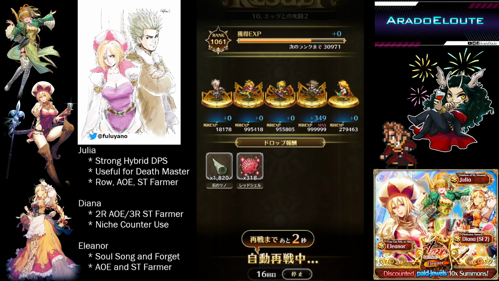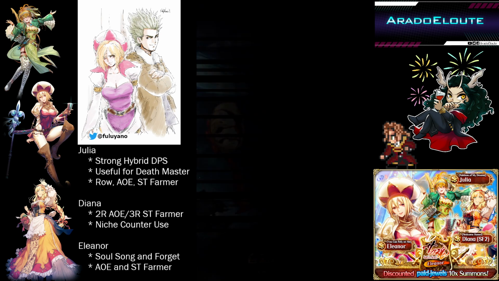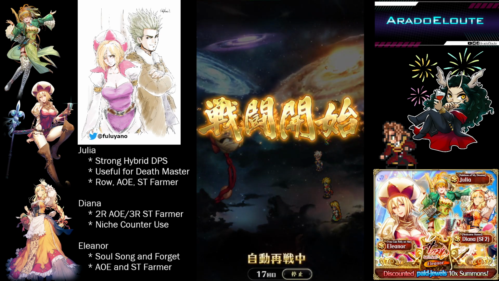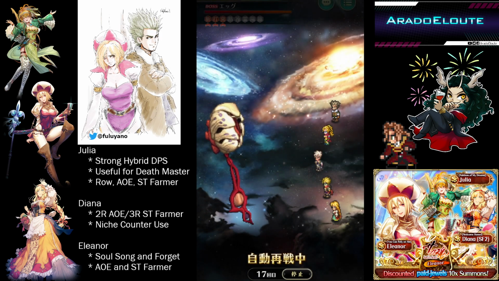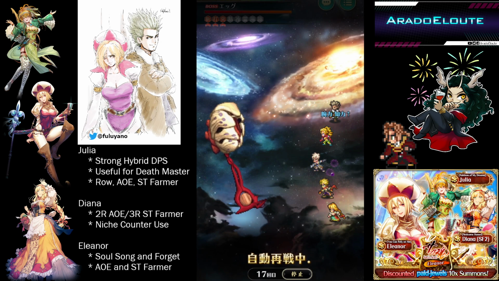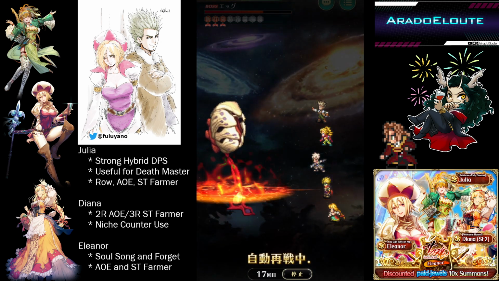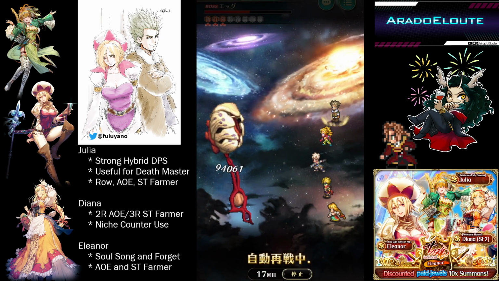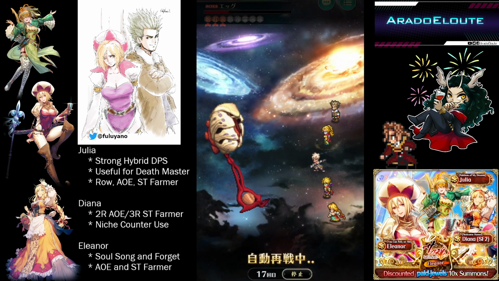And then lastly, for Julia, she might prove herself worthy with the AoE and row farming capability and single target as well. It's just that she spreads herself too thin, even though she has a really good attack passive, reaching, I believe, 60% attack, if I'm not mistaken, if you're hitting the weak point. So she's good in a way, but